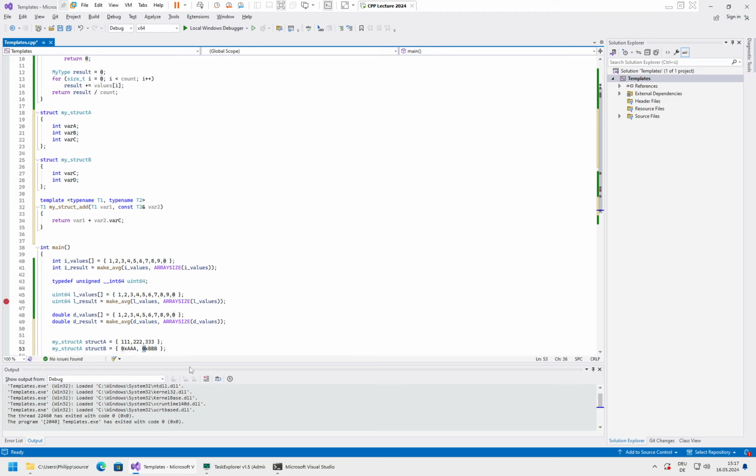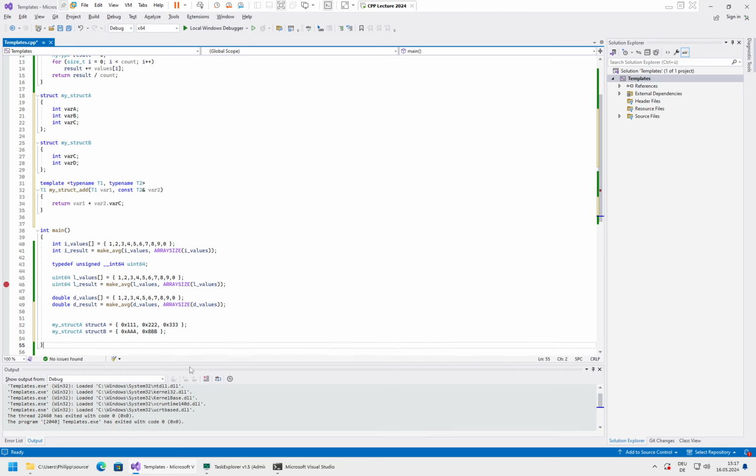And maybe I will add 0x here as well so that we see the same thing in hex. Okay, and now let's say we want an int as return, so int ret1 is equals my struct add 0x f123, oops, comma, and then we just pass it one struct, then we use the same function with the other struct,